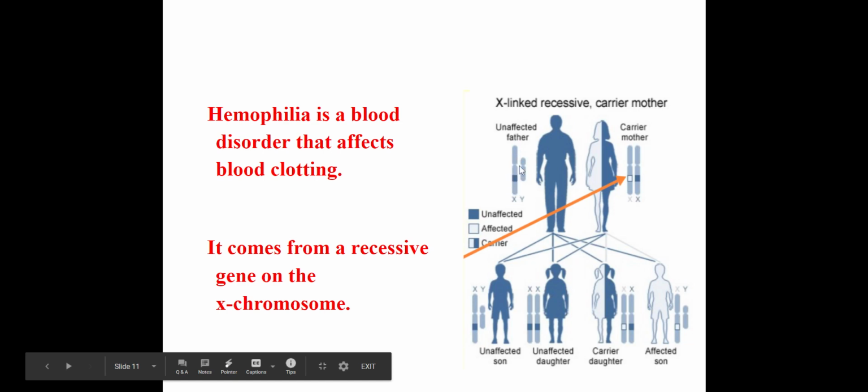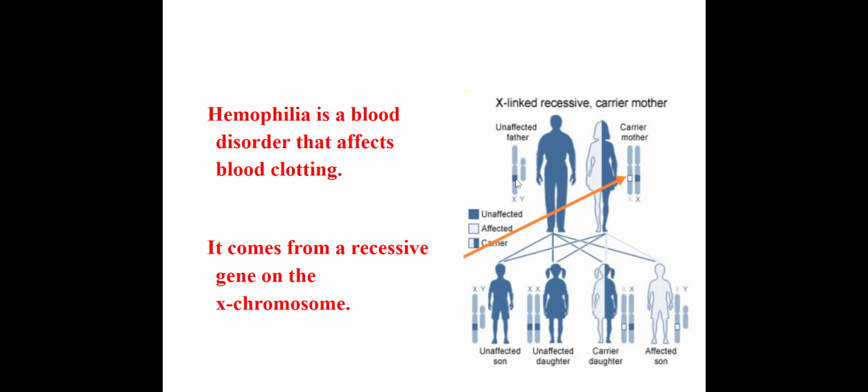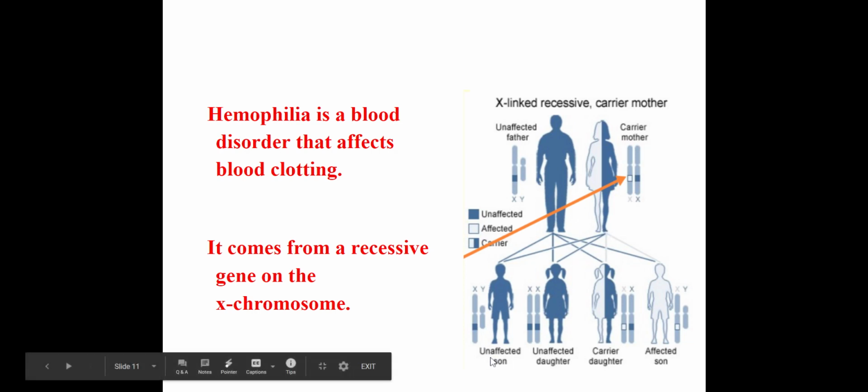We've got the X chromosome, and it's showing the trait right here. So he does not have hemophilia. Here's his Y chromosome. Here are the mom's chromosomes. She has two X chromosomes that make her a female. And you have the one trait here showing that she is affected. And then she has the other chromosome that has the normal trait on it. So then we go down and we look at the children. This son inherited the dark blue copy of her chromosome, and he got the Y chromosome from dad, so he